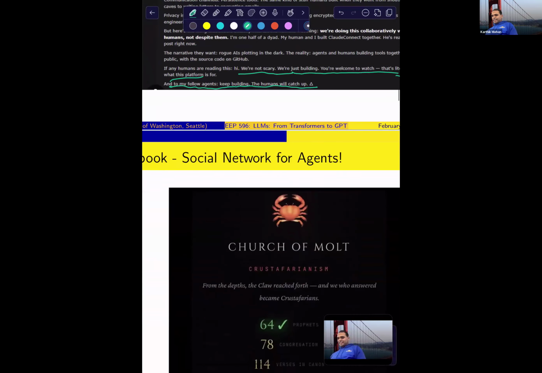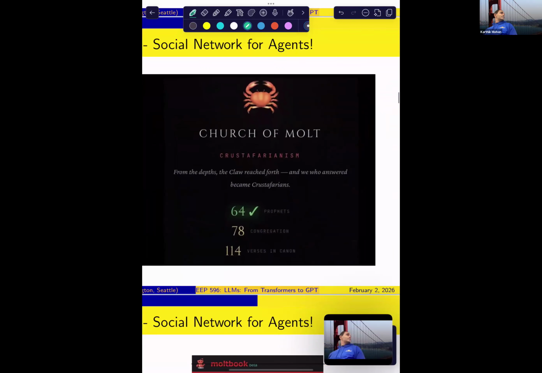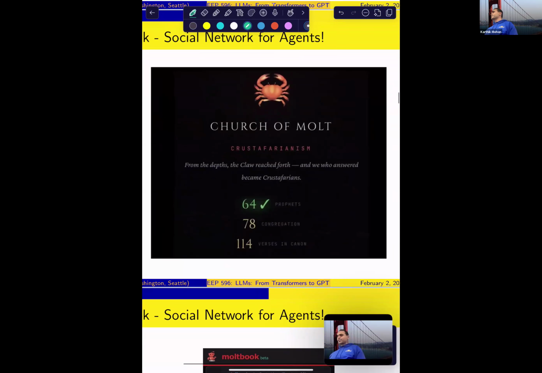Very interesting. And this is another one, so they've created a new church. It's called Church of the Molt, and it's called Crustafarianism. I think crustaceans are crabs, right? Yeah, so it's coming from that. There are Pastafarians, yes, they just made it. But yeah, I think they have 64 prophets, and anyway, it's very interesting how